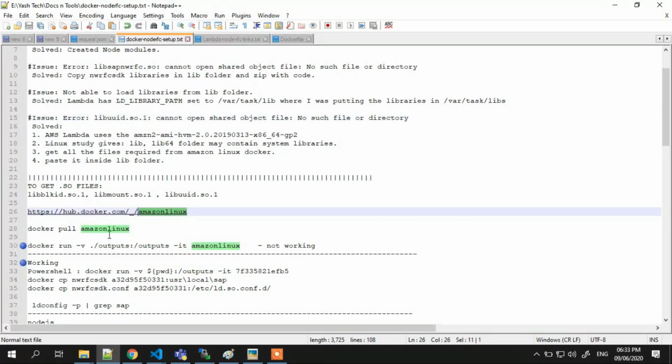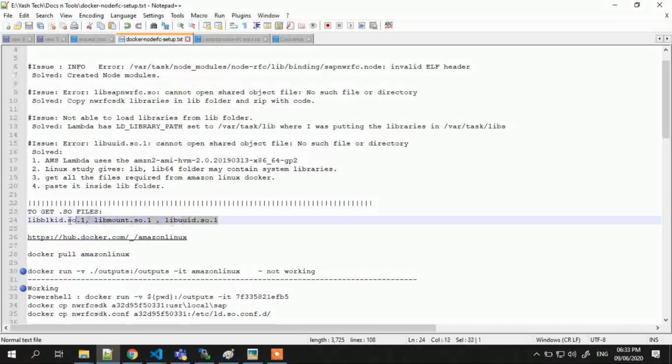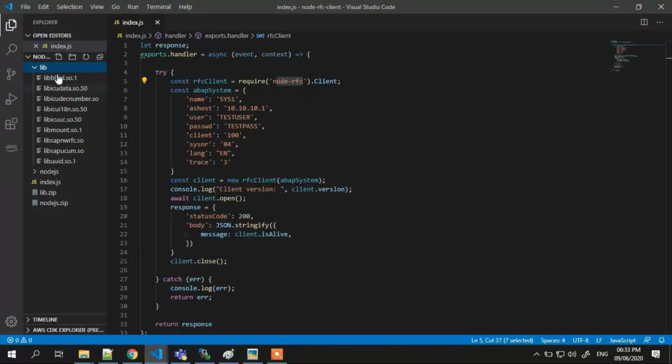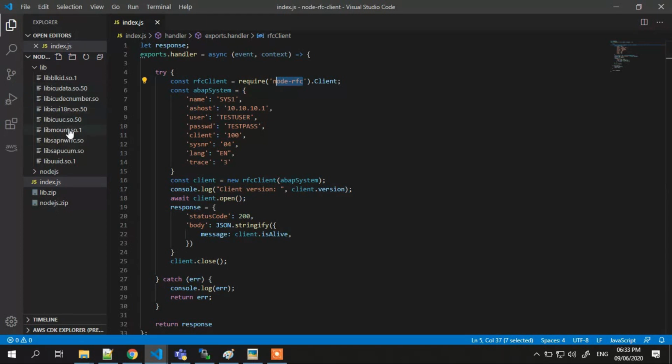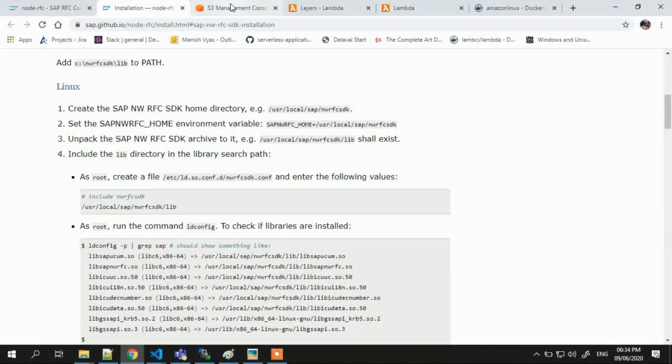These are the three files that I copied into my current library, that is this SDK library. This one and this one are from Linux, and the rest are from the SAP SDK. After doing all this, what was the next step?